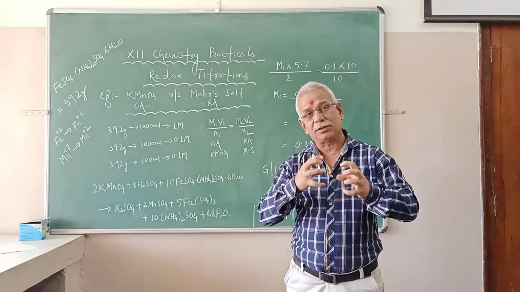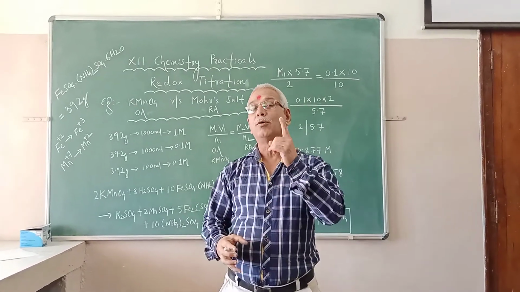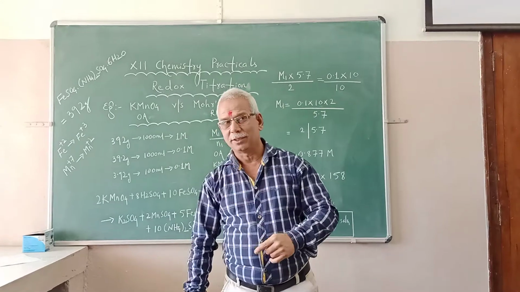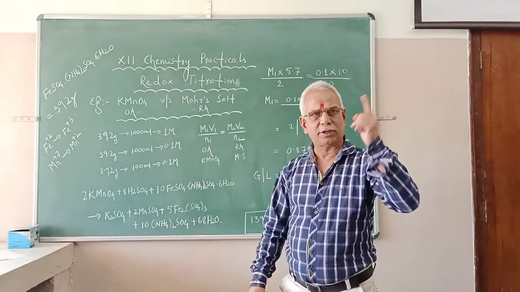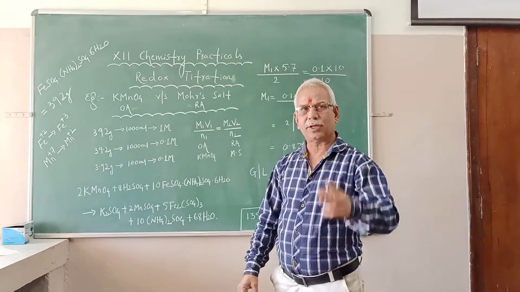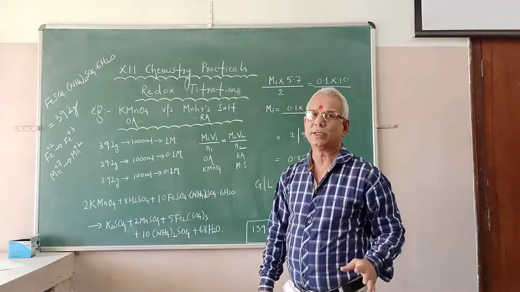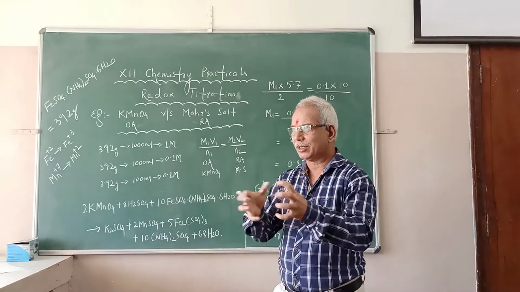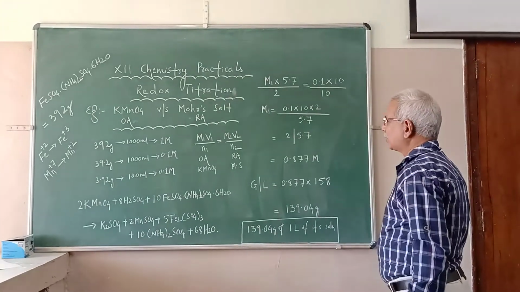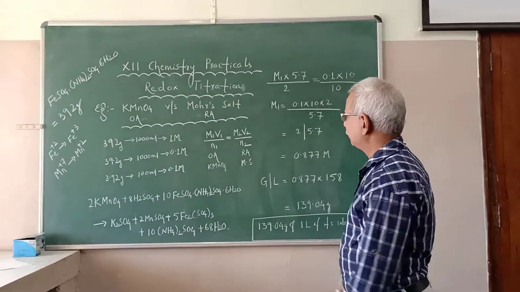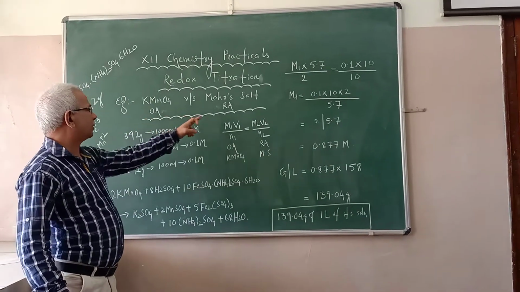If you get all the 3 readings different, those 3 readings should differ by only 0.1 ml. Okay. So 0.1 ml is allowed in the examination. Either all 3 same or out of 3, 2 same. If all 3 differ, they should differ by 0.1. So this is the evaluation part of the examination, right? Okay. Right. Now I will start the calculation part of this one. Okay, this is KMnO4 versus Mohr's salt, OA versus RA.